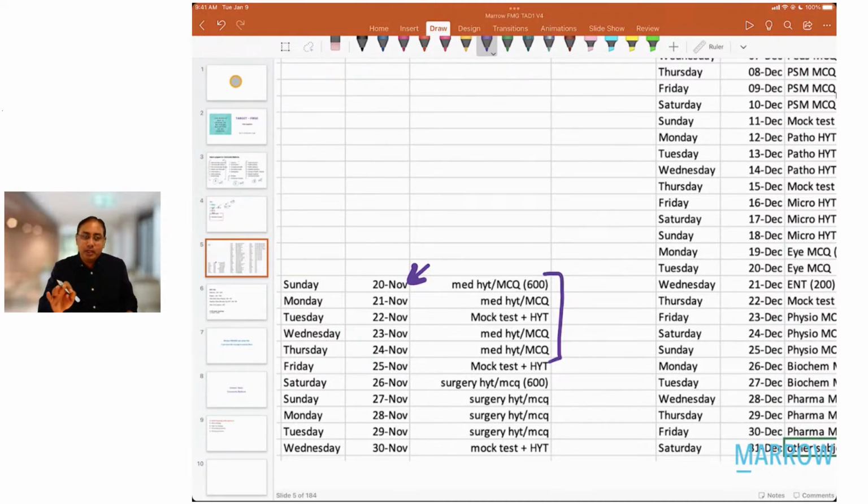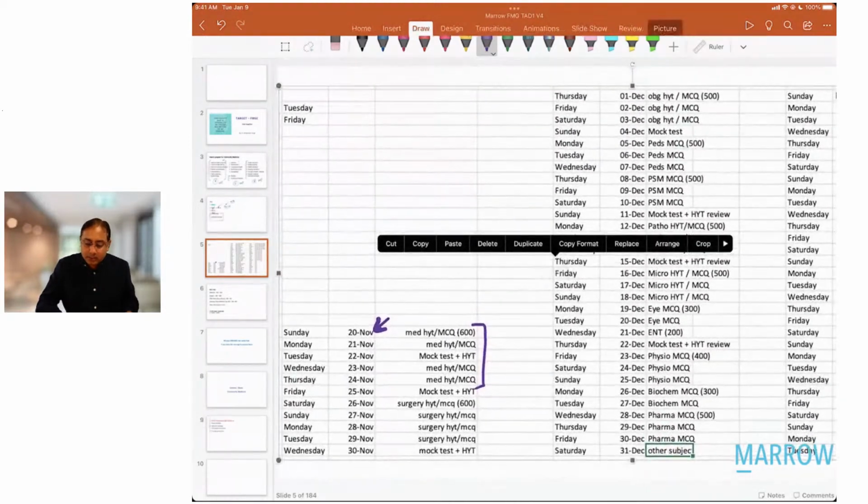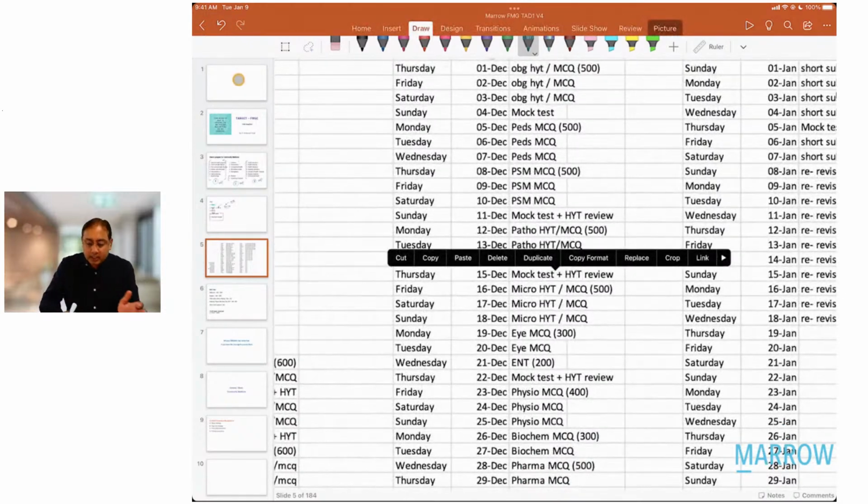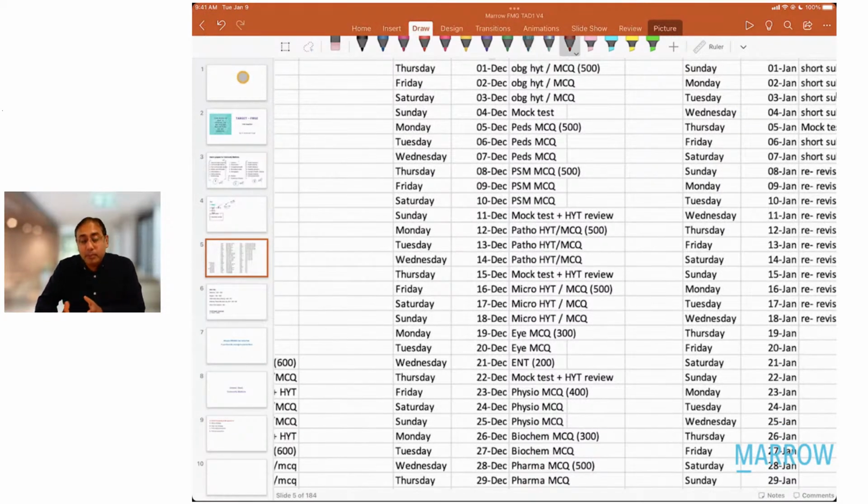Medicine को 3 दिन में खत्म किया, surgery को 3 दिन में खत्म किया. Then you have other bigger subjects like obs and gynae we have done. Obs and gynae in 3 days. Then you have pediatrics in 3 days. Then you have pathology, microbiology, physiology in 3 days. So इस तरह से अपना एक चार्ट बनाओ, अपना एक टाइम टेबल बनाओ that you are going to follow till